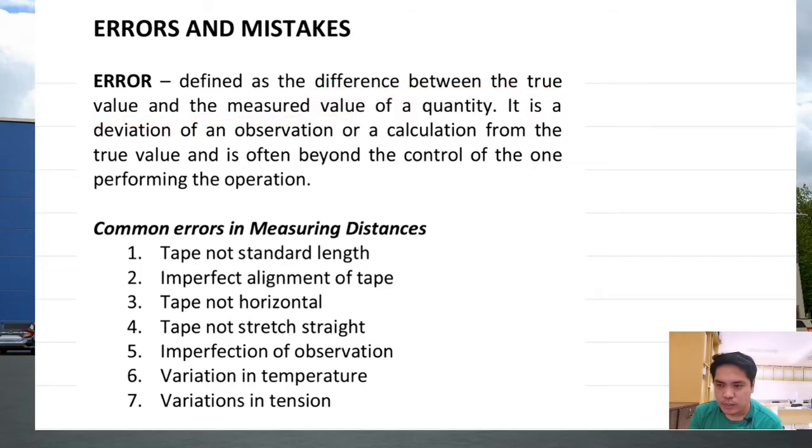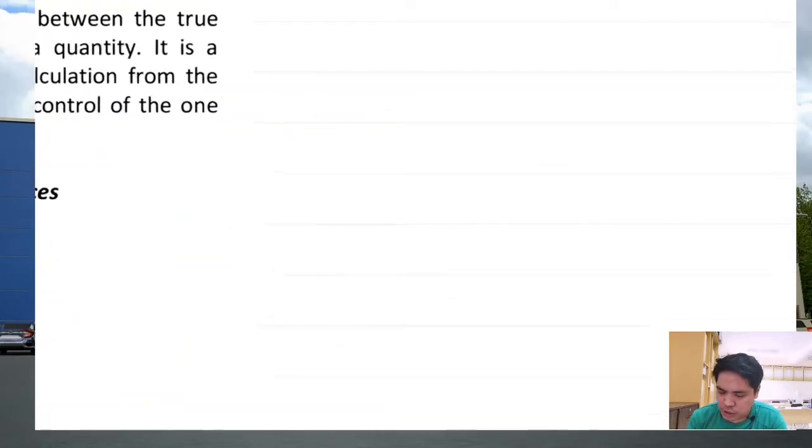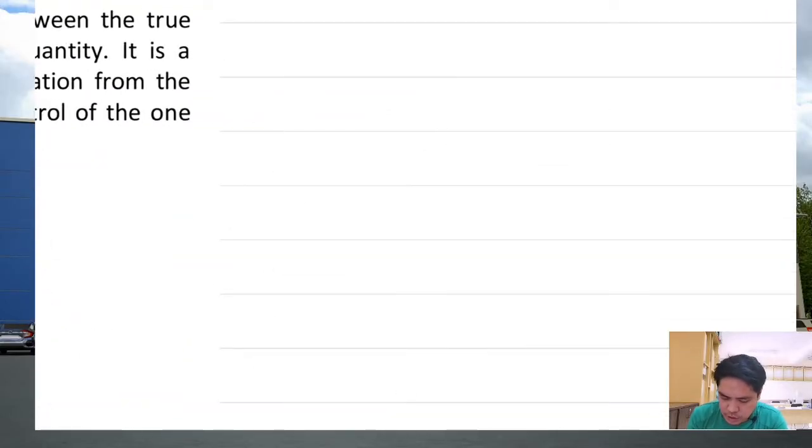So in all, let's say you try to measure a certain distance, and because of some factors, although you try your best to give an accurate measurement, medyo may error siyang konti. So meaning hindi siya sakto sa precise measurements. Okay, nakuha nyo? So as an example, let's say you try to measure the distance between 2